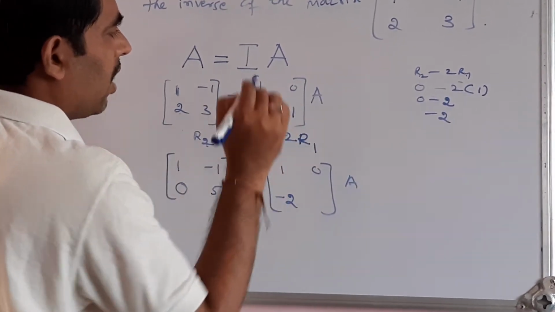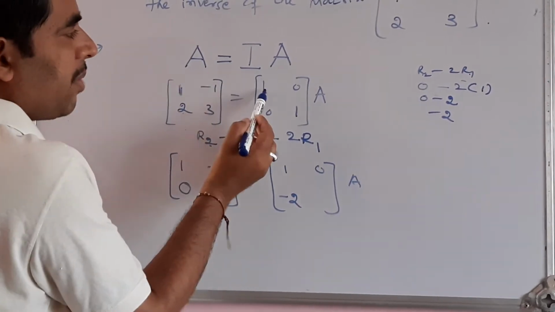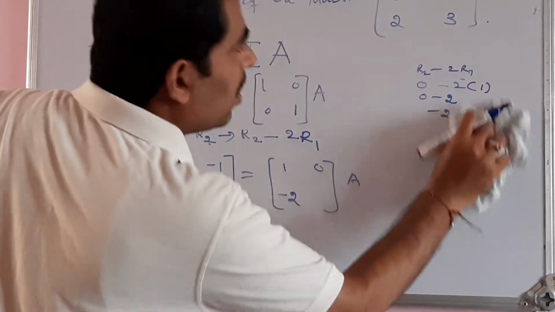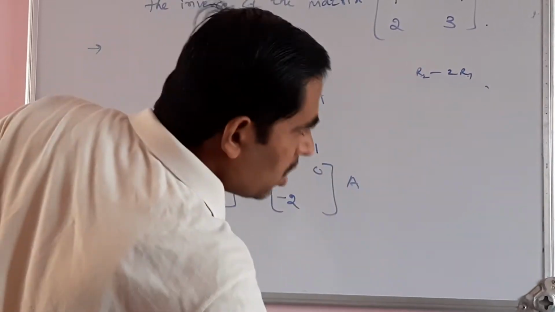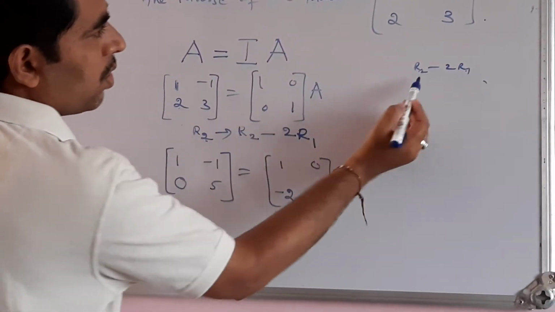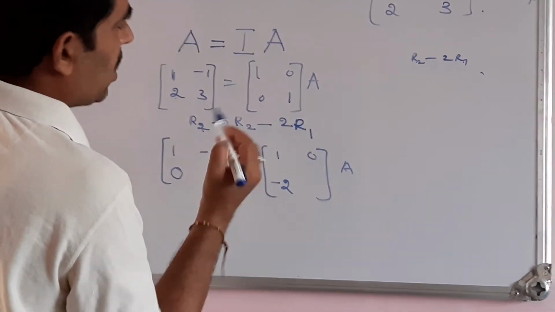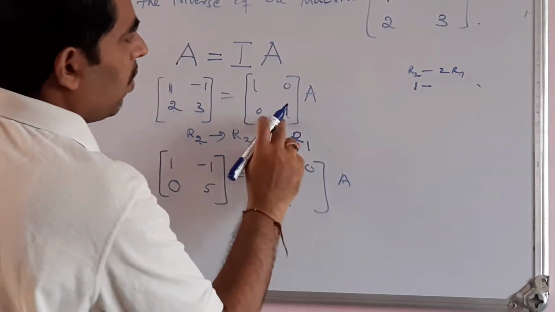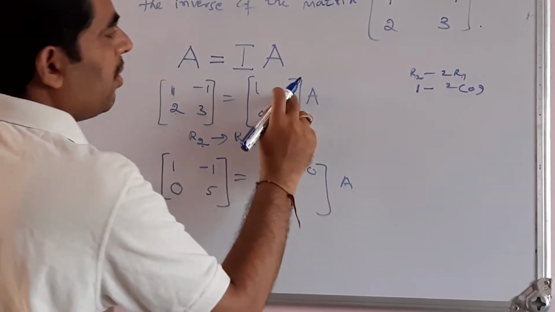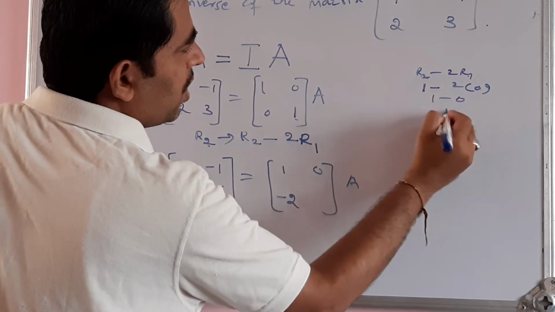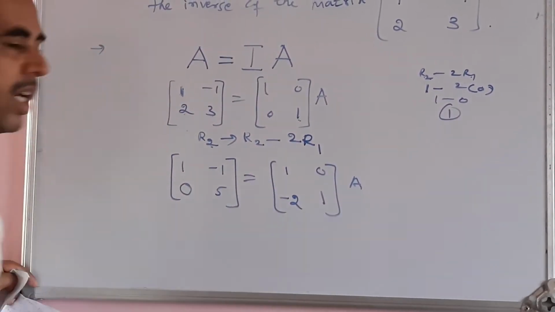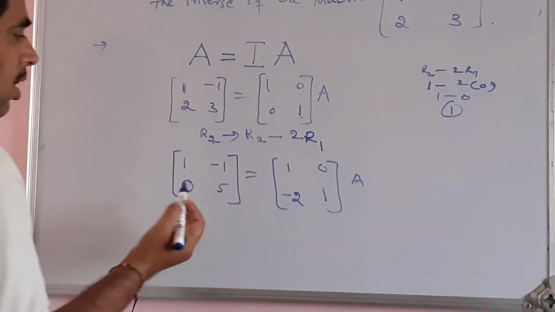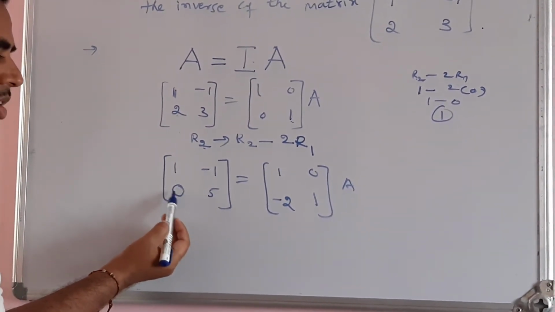This is 0 1. See here, the identity matrix is 1 0 0 1. So you can make this here. I will show it here. R2 minus 2 R1. So this one is minus 2, then consider this element here. See 1, 1 minus 2 into the corresponding element 0, that won't change, that will be 1 here. This is 1 0 0 1, so it is the identity matrix. On the left hand side, this element has been reduced to 0.